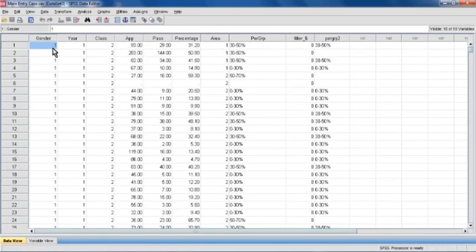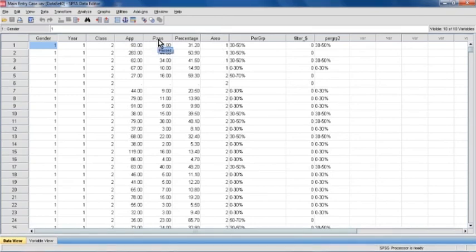We will discuss in detail what they represent. For now, it is enough to know that the rows are representing separate government high schools, and we are only concerned with the number of students who are appearing and who are passing